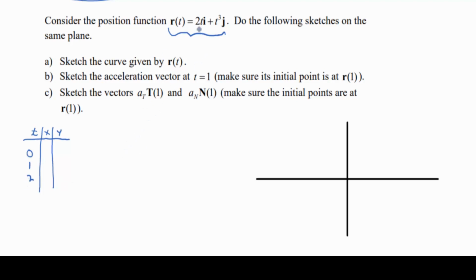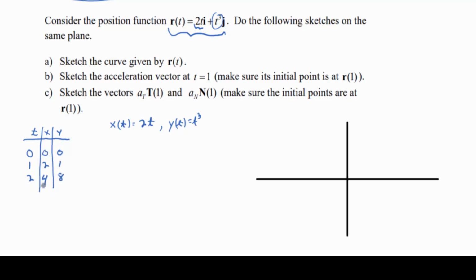If you look at this, x of t is just 2t, right? So we're going to double it. You double 0, you get 0, 2 and 4. Does everybody buy that? And then what do we get for all the y components? So y of t is equal to t cubed. So plug the t value into the cubing function. What do we get? I'll do the 0 for you. That was easy. 1 and then